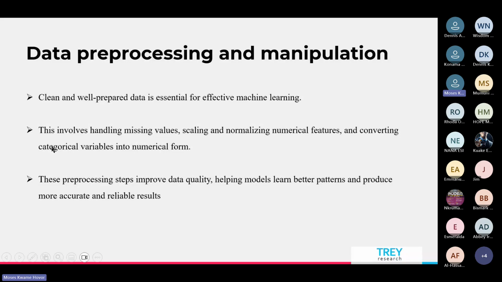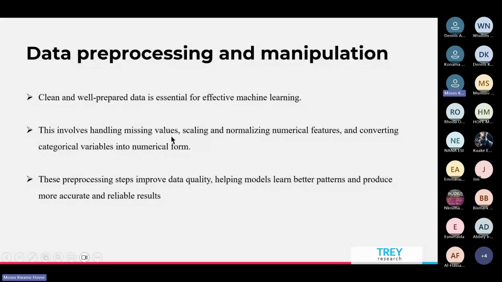Two, these processing steps improve data quality, helping models learn better patterns and produce more accurate and reliable results. So when we're able to clean our data and take care of all the inconsistency, we are going to have a very good model that is going to give us good metrics.